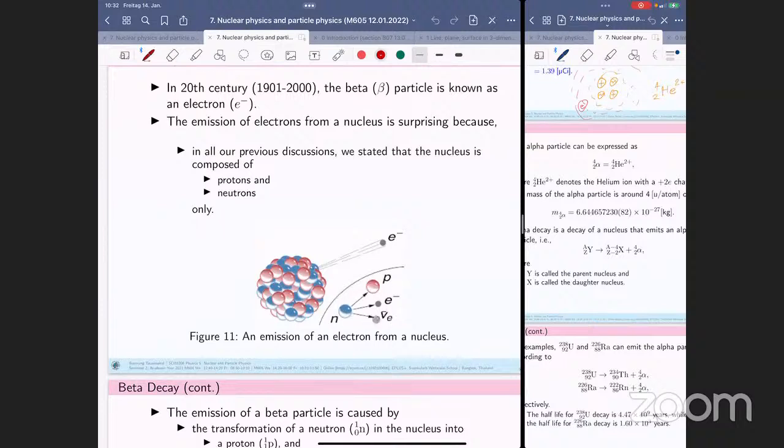But for beta positive, beta plus decay, a proton is converted to